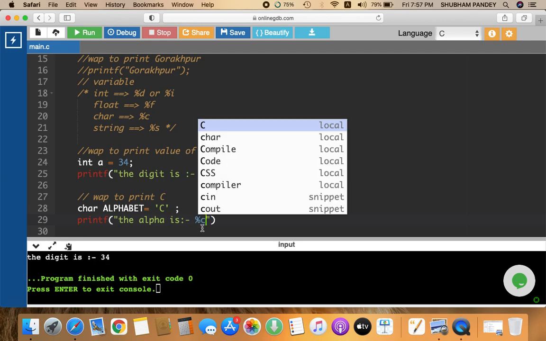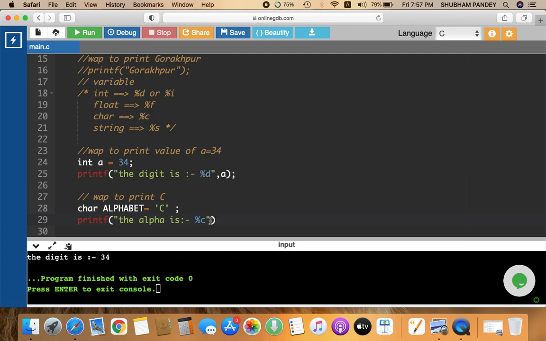Remember this c should be small, not capital. Why? Because I told you that C is a case sensitive language. When the compiler reads the alpha is %c, it understands that this %c is going to be replaced by a variable provided by the user. What is the name of the variable? That is alphabet. You can copy it or write it here, but copy paste is better, so paste it here.